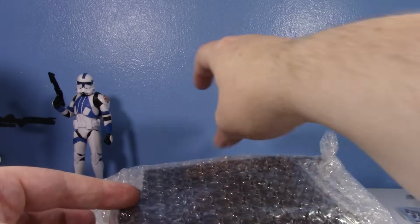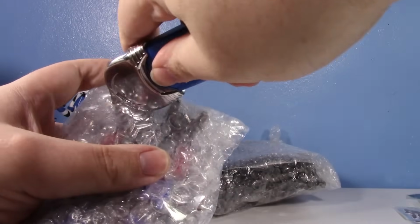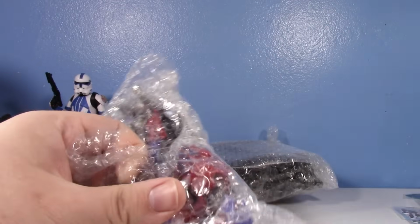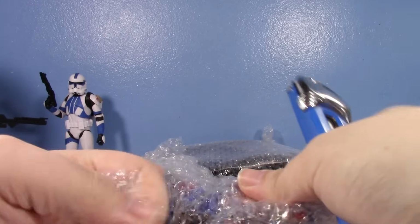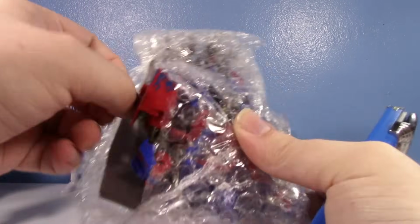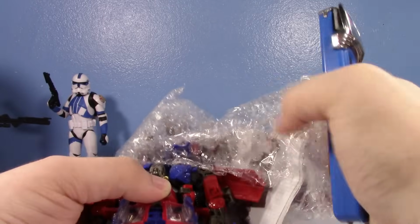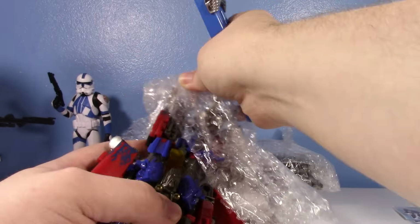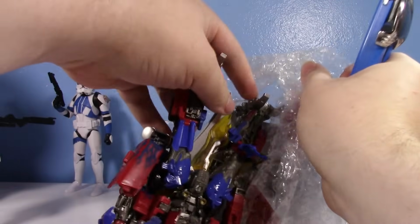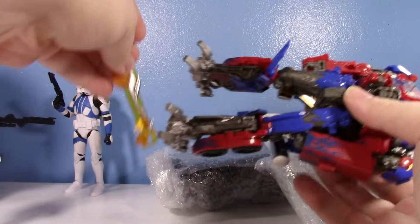Alright, let's actually look at the figures real quick. So this is the one that is inspired from the thing I got previously. I got the Ultra Magnus repaint of Studio Series Voyager Prime, and I was really impressed with it, and I wanted to just get their normal Studio... Ooh, there goes his face. He just got straight up, give me your face. Alright, so this is the bootleg of the standard Studio Series Optimus, so there's no silliness going on with...